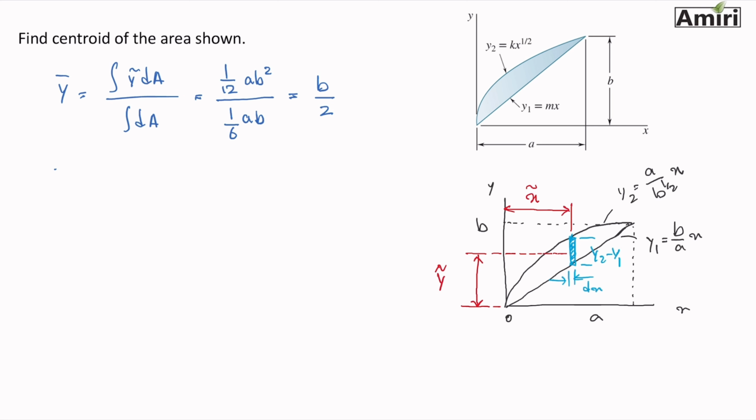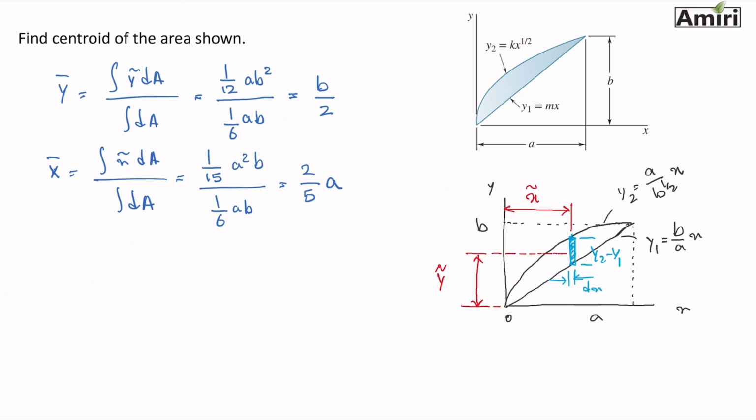And then x bar, integral of x tilde dA over integral of dA, will be 1 over 15 a squared b over 1/6 ab. This will result in 2/5